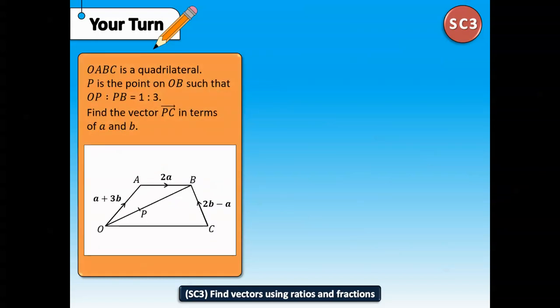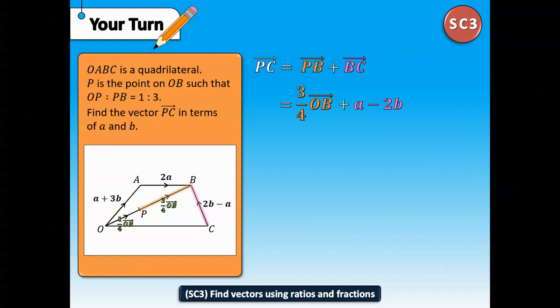For the amber question, we want to find the vector PC in terms of A and B. So O to P is 1/4 of O to B, and P to B is 3/4 of O to B. Now we want to go from P to C. So we go from P to B, then from B to C. P to B is 3/4 of O to B,